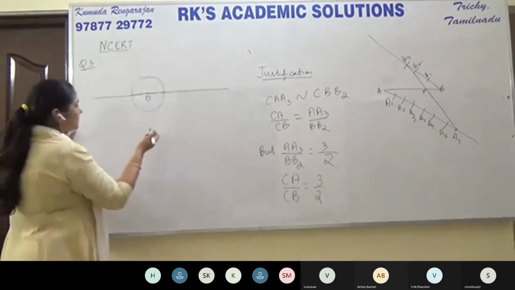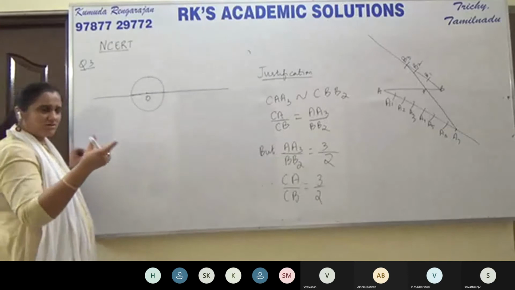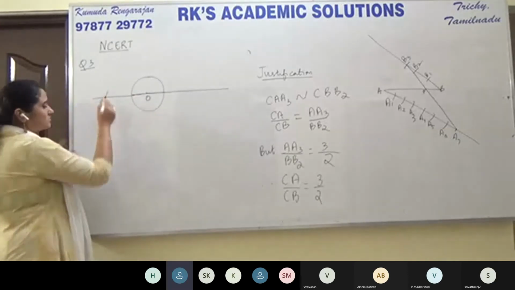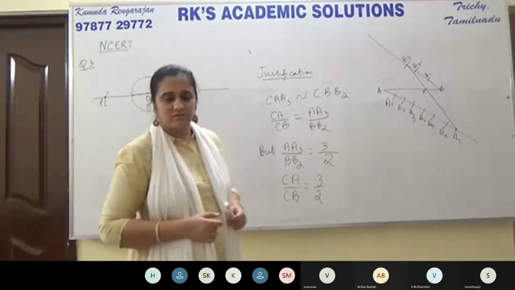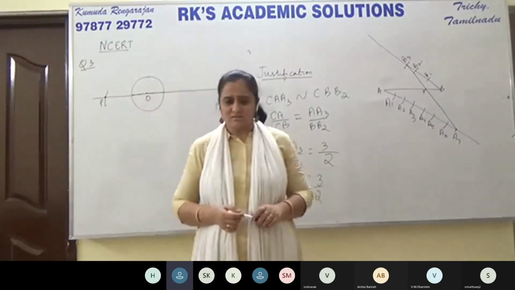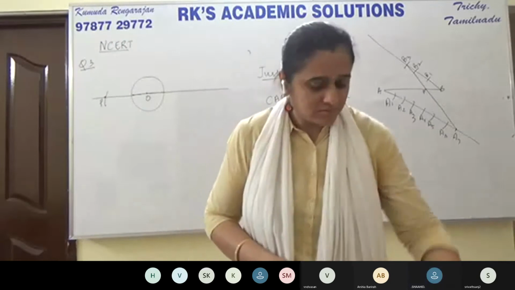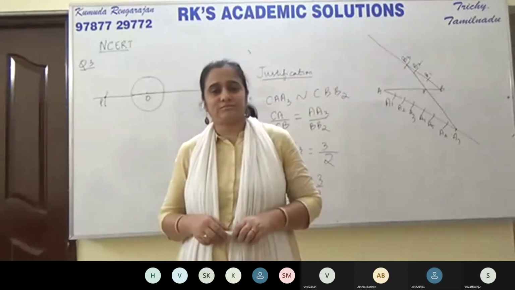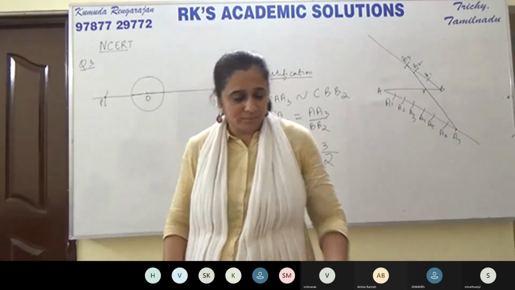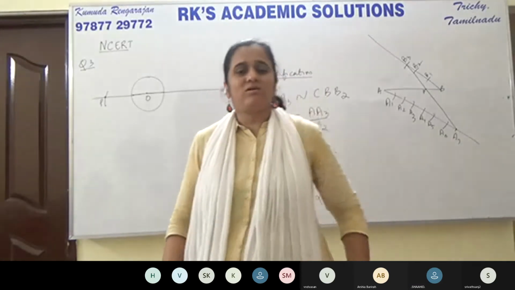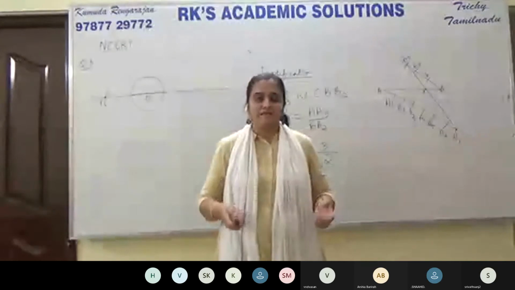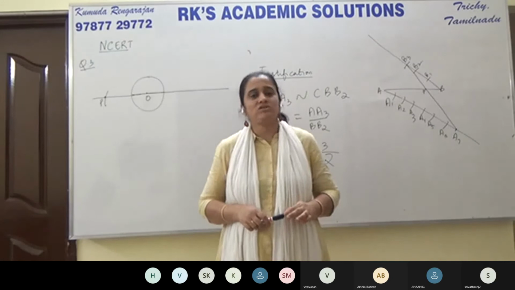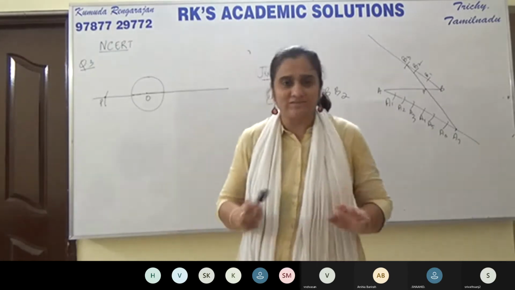You can use a scale and mark, or you can take 7 centimeters, put your compass here like this, P. Ma'am, can you please say which question? Question number 3, Exercise 11.2, question number 3. So it's understood that the points P and Q are on the opposite sides of the extended diameter.